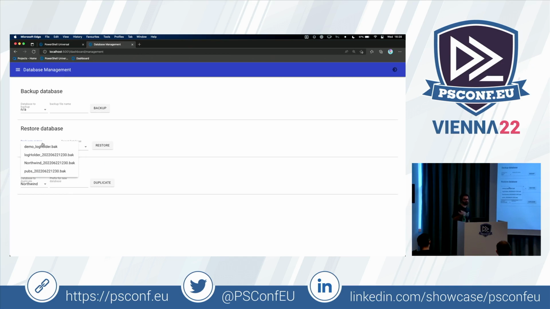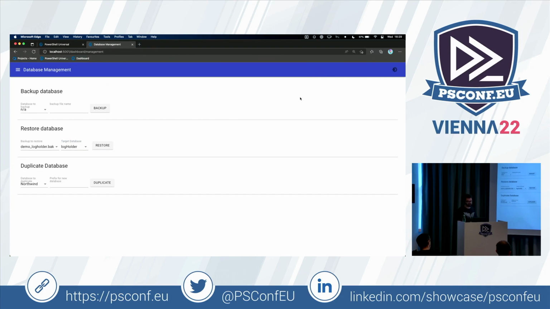This is the other use case that I was telling you about. As you can see, this was the one that was selected by default. What happened here is that PowerShell Universal is not actually storing this value as the first one that is selected. So even if I press it here a lot, it wouldn't assume that this is the default value. What I have to do is change to another backup or another component and then reselect this. And if I try to restore it on the correct database,